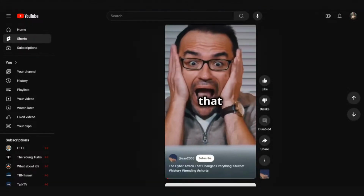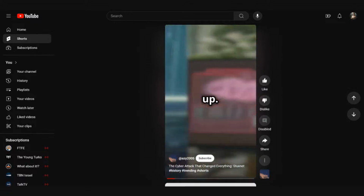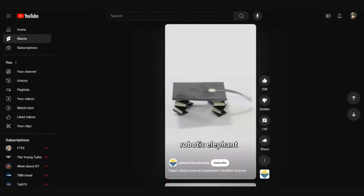Am I the only one that didn't know how a digital worm almost triggered a global crisis? Buckle up. In 2010... This little robotic elephant is made out...